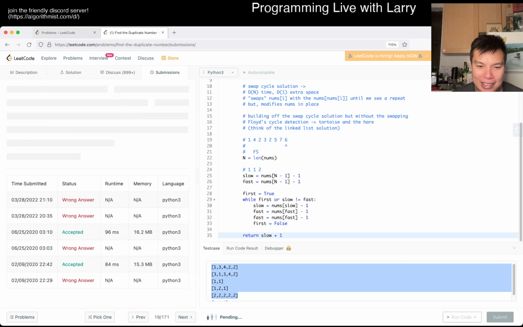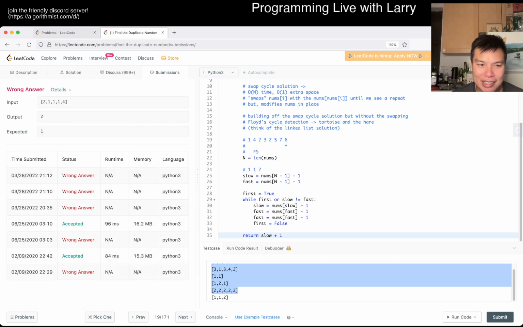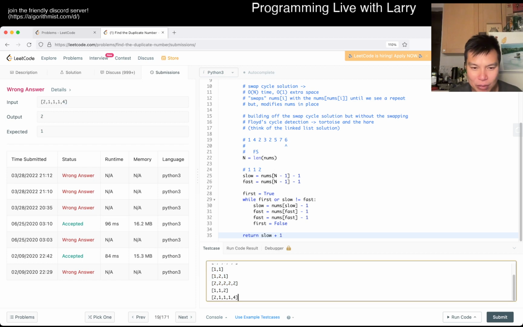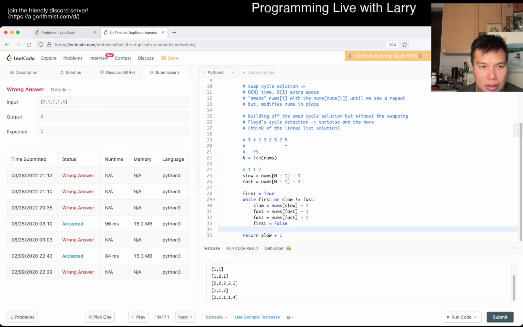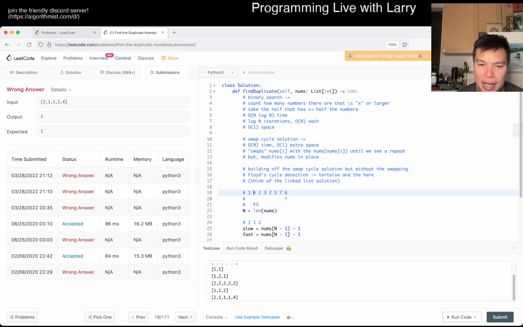Now that we added this extra case, hopefully this is right. If not, that's a little bit silly. Okay, fine. I'm still a little silly. So maybe I need to work that out. Put it 2. Did I mess it up? Why did I put 2? Do I need the number that's in that index? No, that doesn't make sense because here we would meet at 4